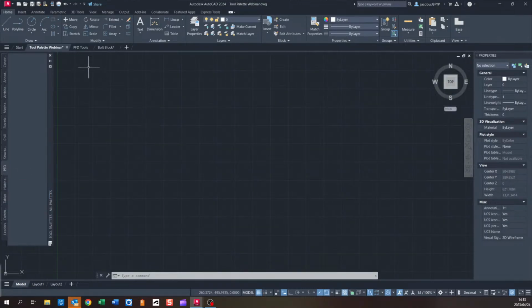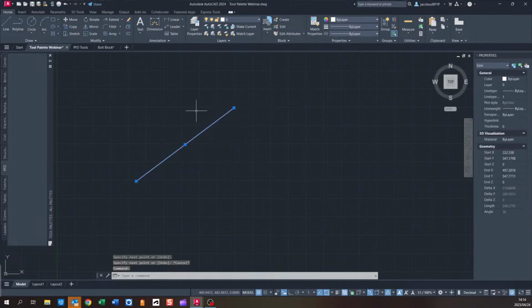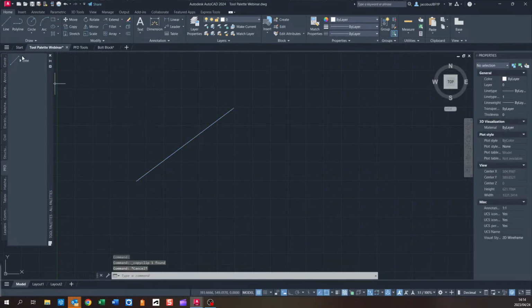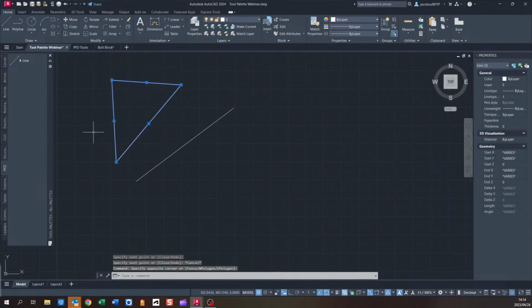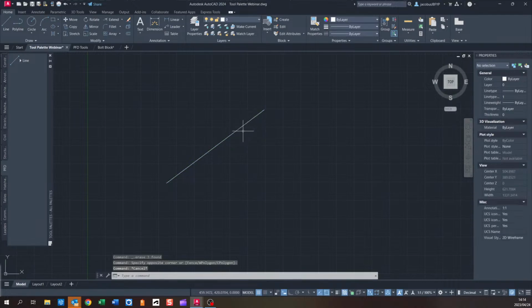Okay, so as mentioned before, beyond the actual blocks that you can add, you can also add commands. So I'm just going to show you the difference here. So if I take the line command and I draw a line there, if I say Control C and Control V, what you'll see it's added is the actual line command itself. Okay, so it hasn't added that specific line with its dimensions and its positioning. So if I want to add this line itself, so this line with the specific dimensions,